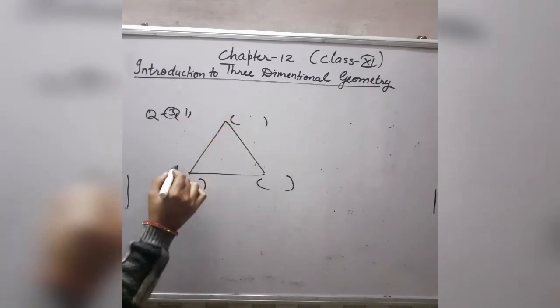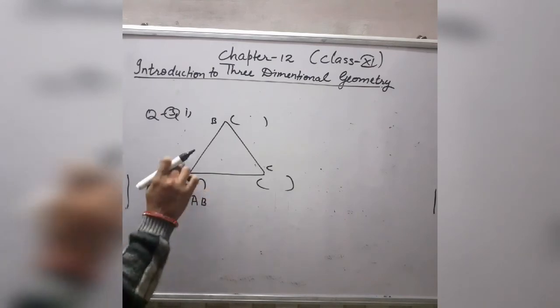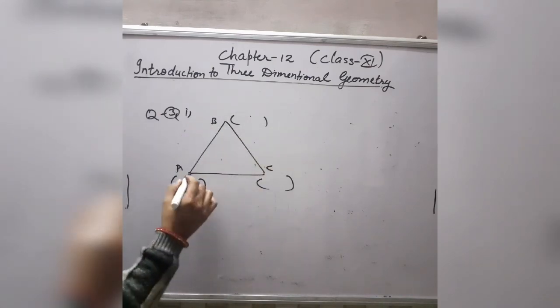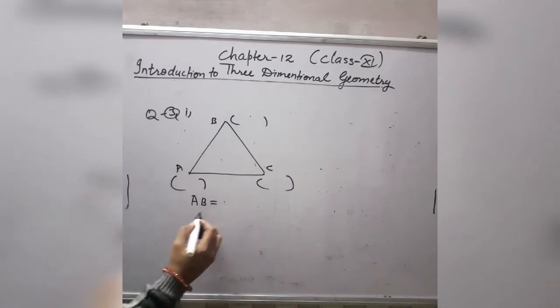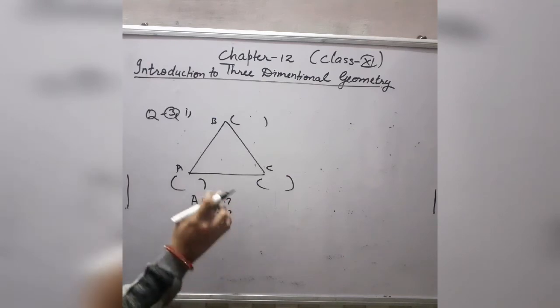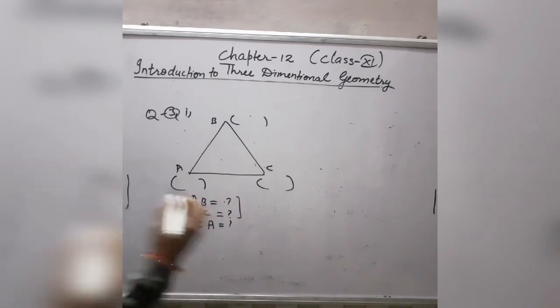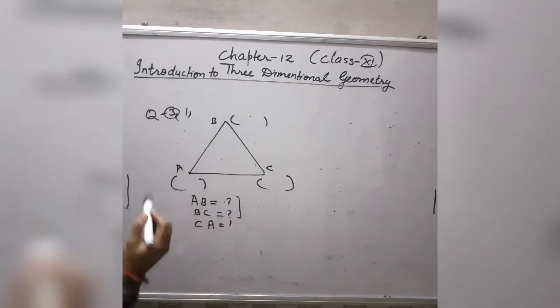These 3 vertices given to you, let us suppose they are A, B, C. Here you want to prove that these are the vertices of an isosceles triangle. So in this case you will find the lengths of all the sides of this triangle, means AB, BC and CA. These distances give you the lengths of the sides of the triangle. If any 2 of these 3 distances are equal, means the lengths of 2 sides are equal, in that case that triangle will be an isosceles triangle. So here you will use the distance formula 3 times and find the lengths of all the sides of the triangle.